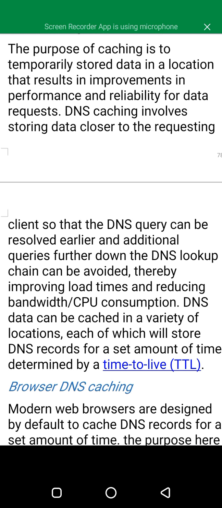DNS caching involves storing data closer to the requesting client so that the DNS query can be resolved earlier and additional queries further down the DNS lookup chain can be avoided, thereby improving load times and reducing bandwidth consumption.